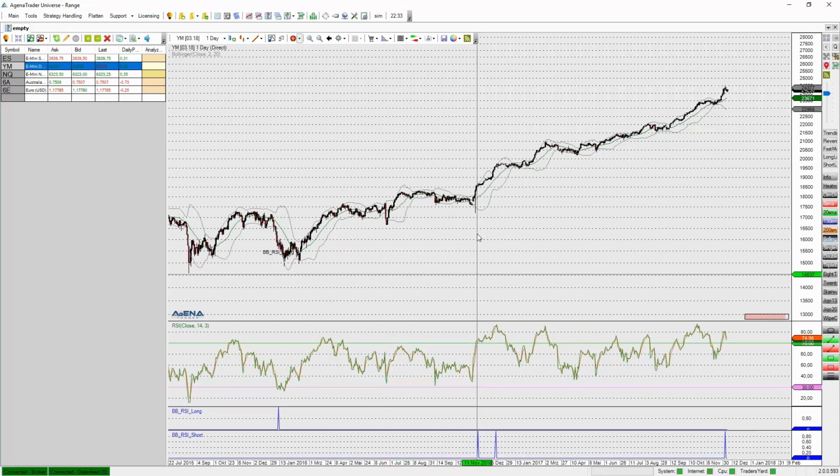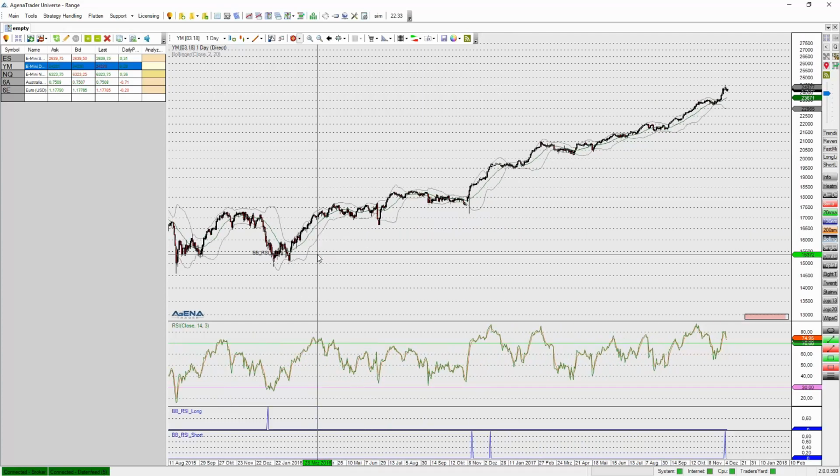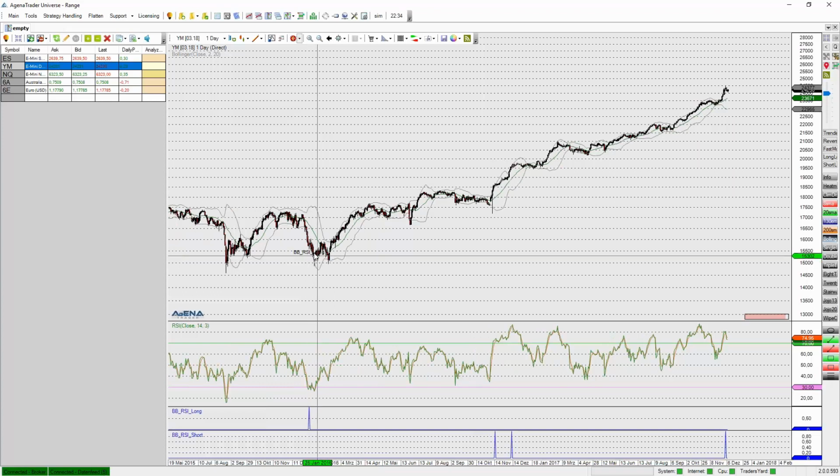Again, here there was something for short, it didn't work out. This one also not so much, it corrected, but again went in the same direction. A very important thing is to always find out where the market is moving in a long-term perspective. So if you know that the market is moving up in a long-term perspective, then you probably should focus on long setups. Of course, you could do counter trend trading and have some very short time in the markets as well, but as you can see, this one would have worked out with, let's say, not the best risk management, but still